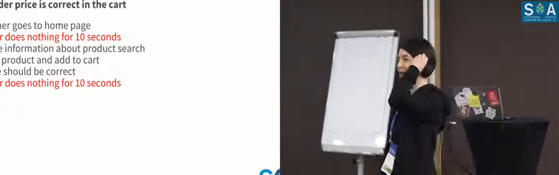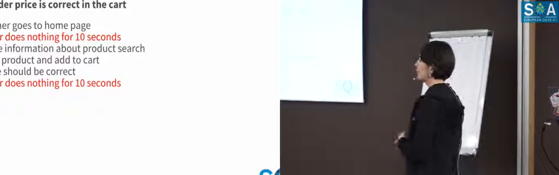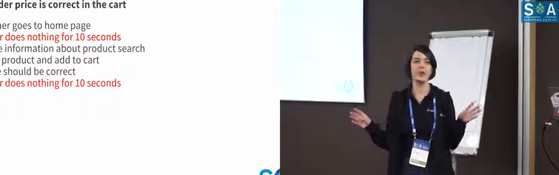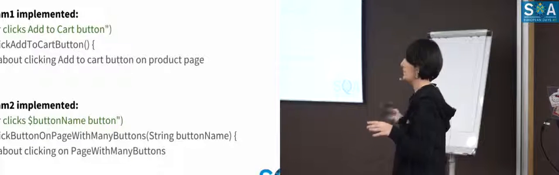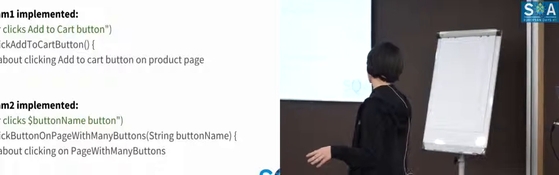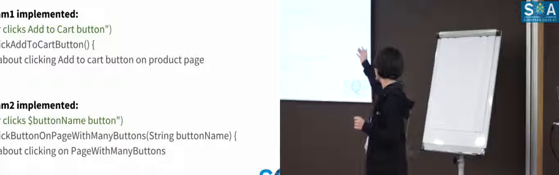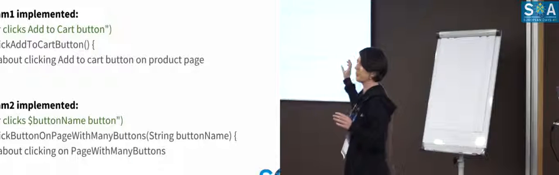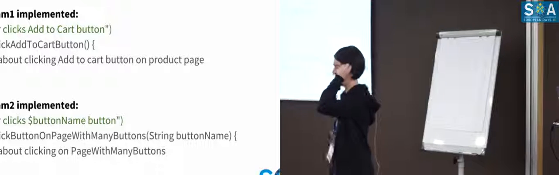A bit more complicated advice, advice number 3, on the methods level. Not so simple maybe. Imagine that you are living in the same framework with some other team. One project but different teams in one framework. In team number 1, some QE implemented a step when the user clicks the Add to Cart button, and it is working. It clicks some Add to Cart button on some product page, for example.